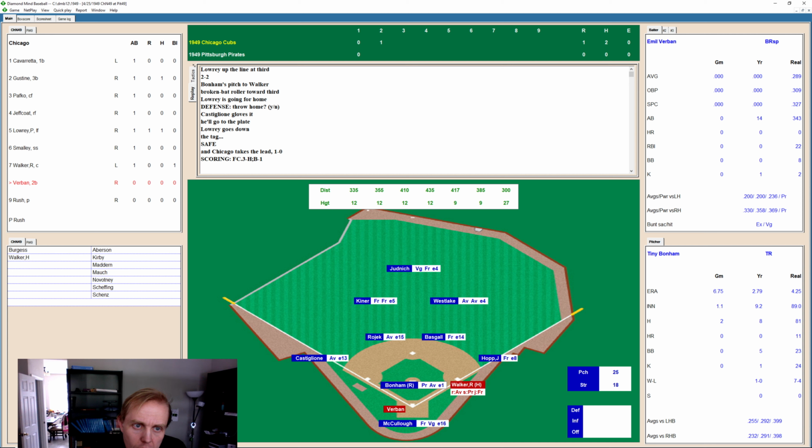Cubs have not had much to cheer about so far this season, and it's been rare that they've had a lead at any point in time in any contest. They have won one game all season. The Cubs did not exactly have a great time of things here in the late 1940s and early 1950s. Now, you might know about the